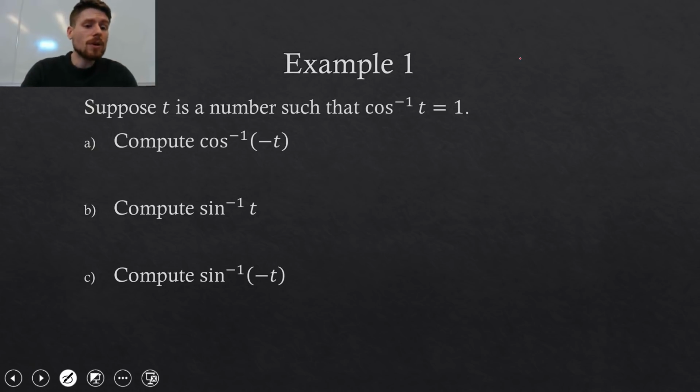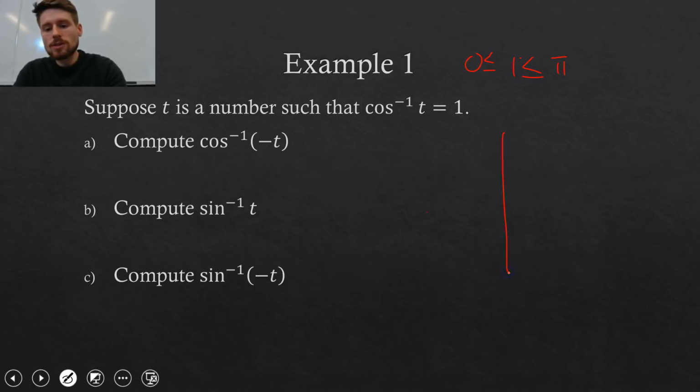Okay, so suppose t is a number where the cosine inverse of t equals 1. This is possible because 1 is between 0 and pi, so it's in that set of possible answers to cosine inverse. We want to compute cosine inverse of negative t, sine inverse of t, and sine inverse of negative t. These are 3 things to compute. We're going to draw the picture, and then also apply those identities that we just learned. Okay. So first up,